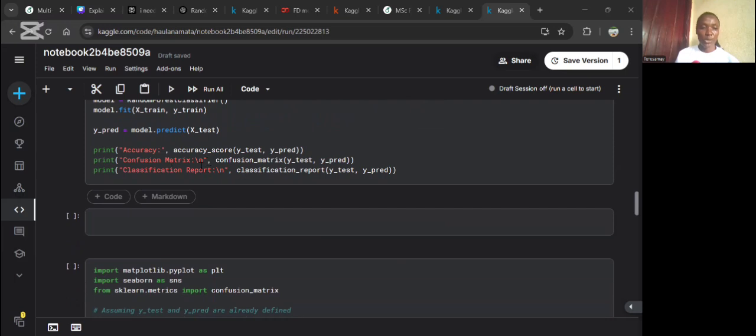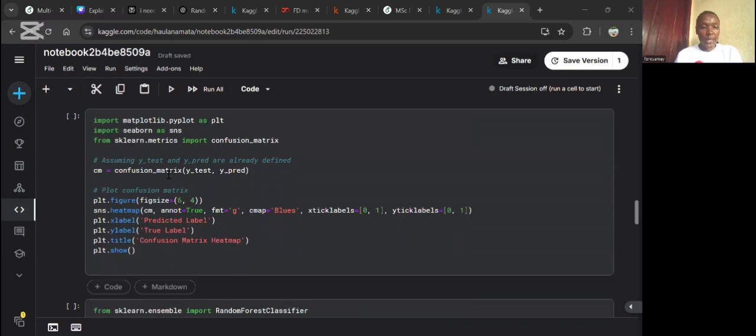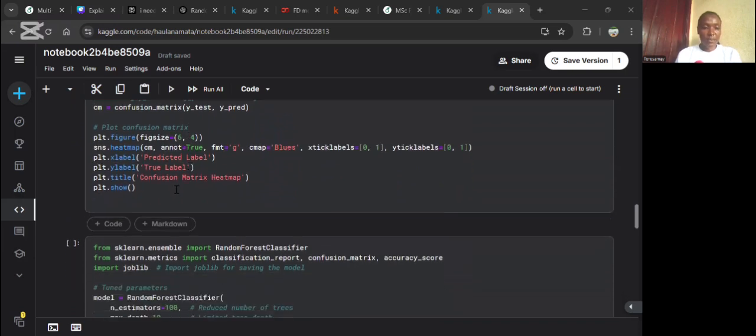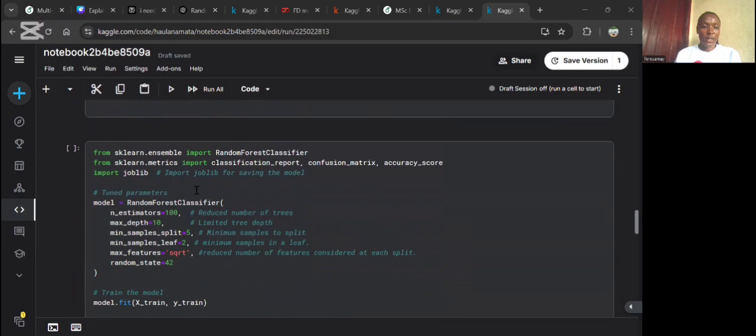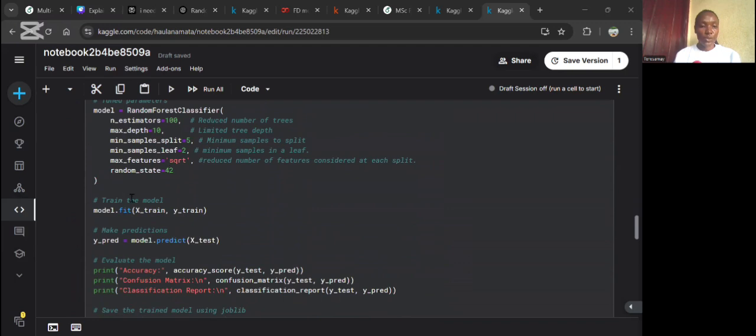metrics that we use. We use the accuracy, the confusion matrix, and also the precision. After that, we went on and did the confusion matrix for that random forest and plotted a heat map. After that, we went on and tuned the parameters of this model that we worked with, the random forest classifier. We tuned it well so that we could get the right labels to feed to our